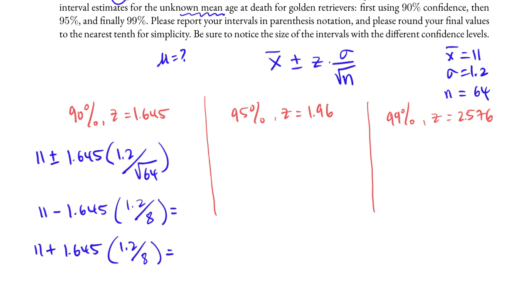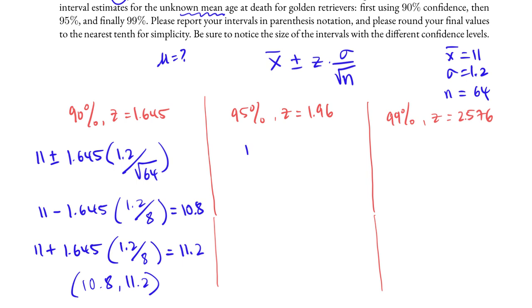Using a calculator, the lower bound rounded to the nearest tenth is 10.8, and the upper bound rounded to the nearest tenth is 11.2. And so the 90% confidence interval is (10.8, 11.2). For the 95% confidence interval, we would do precisely the same thing, but this time the critical value is